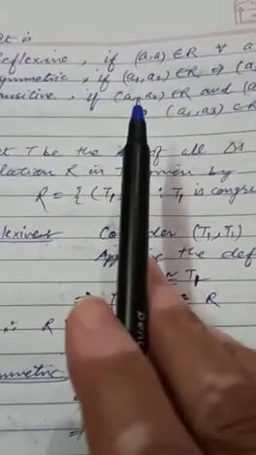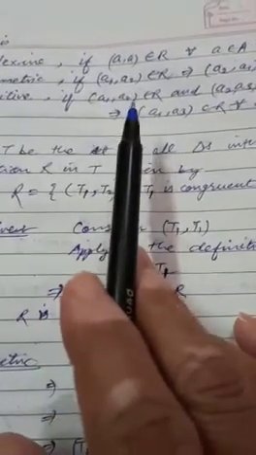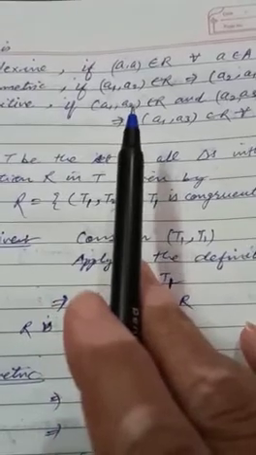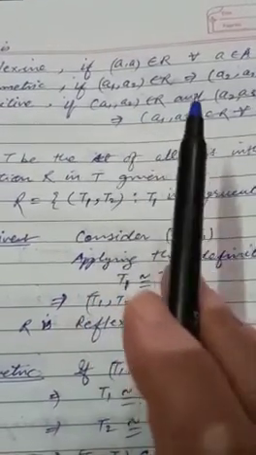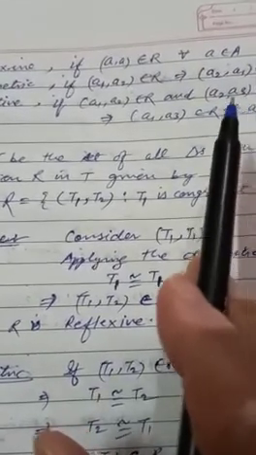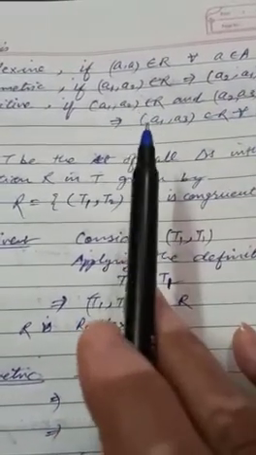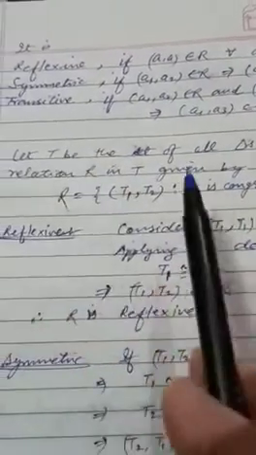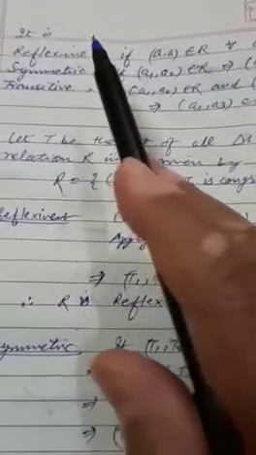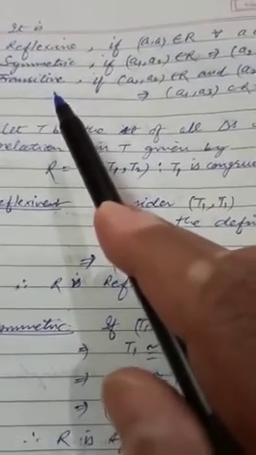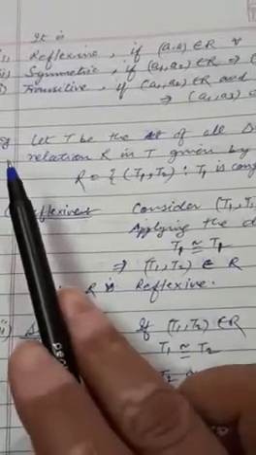And in case three elements A1, A2 and A3 are given, the relation between A1 and A2 is there, and the same relation between A2 and A3 is there, and if we find that this same relation is between A1 and A3 also, then it is called transitive. And if a relation has all three properties, then such a relation is called equivalence relation. Now there is an example.